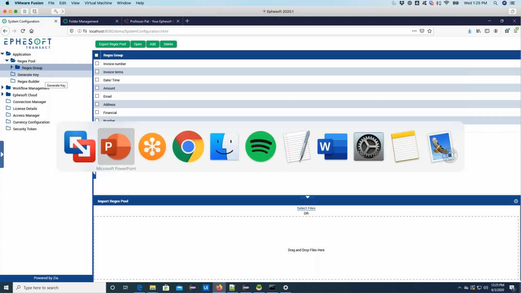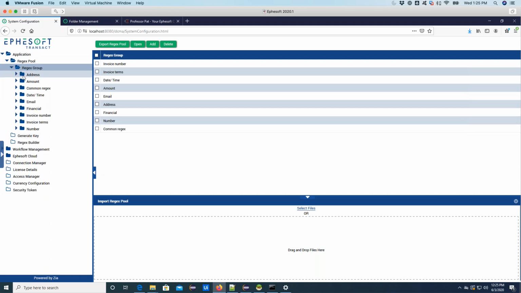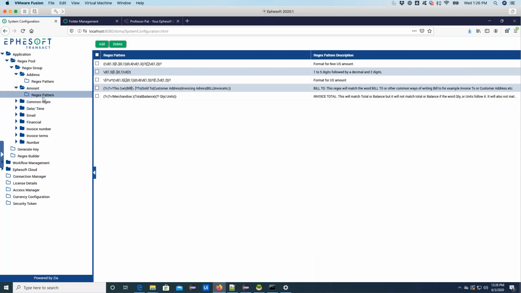As you can see, they're subcategorized, and I lost my mouse again, so I'm going to switch back and forth. You can see there's address, amounts, and different regular expressions that you might have in there, and then you can have a description of that regular expression. This gives you the capability of administrating it. So if you had something like a policy ID, a client number, something that you wanted to give your developers fast access to, so they're not typing it or cutting and pasting it from something else, and you want to control those, this gives you the capability of being able to add new ones.